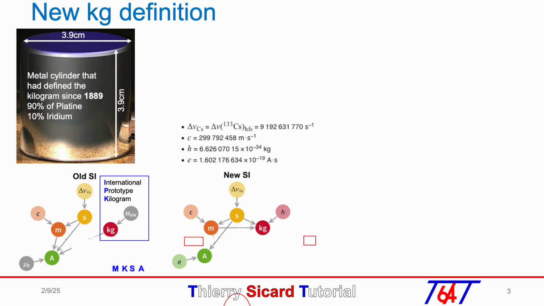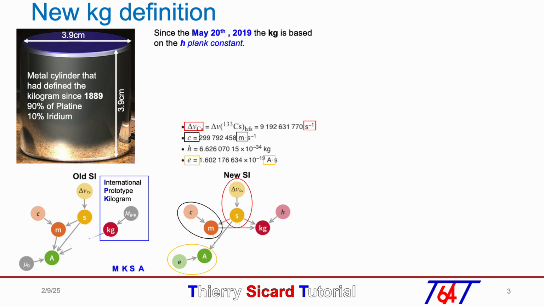The second was defined by the cesium-133 frequency. The meter was defined by the speed of light in the vacuum, C. The ampere was defined with the electron electric charge, E. This change went almost unnoticed by a wide audience, but since May 20, 2019, the kilogram is based on the